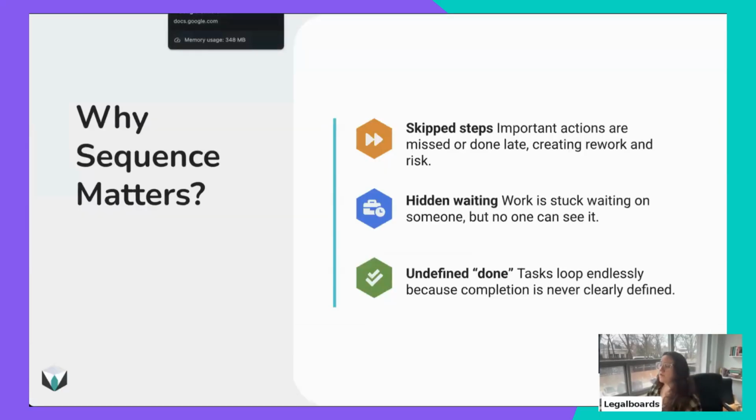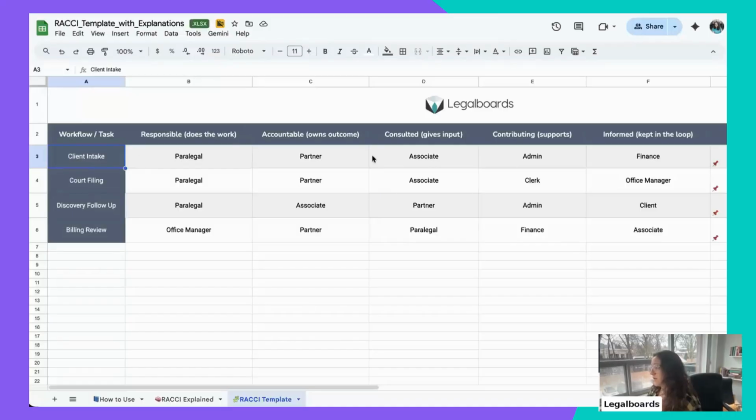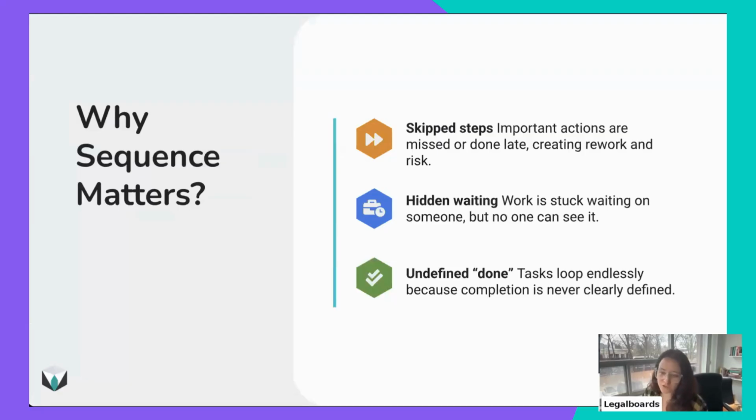What happens when you don't have those steps clear, very visible? You skip steps. What is the problem of skipping steps? Imagine in this intake workflow we are talking about, the admin gathers all the information and skips the associates and the paralegal, and sends it directly to the partner. The partner is going to get this doc file, or whatever she got, and will miss lots of information. So the first reaction is, oh, okay, I have much more work to do. No, you don't. You just skipped steps. So this is one cost of skipping steps.